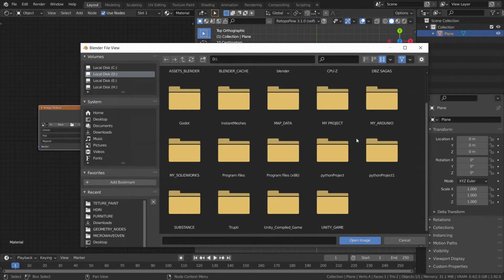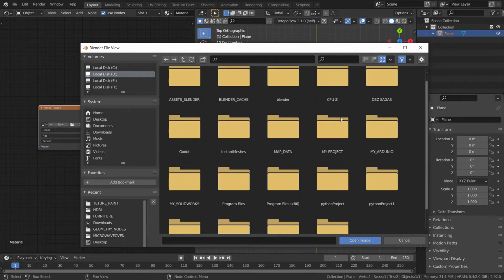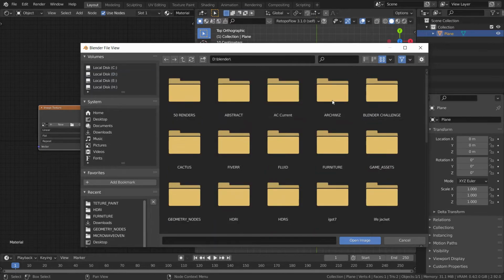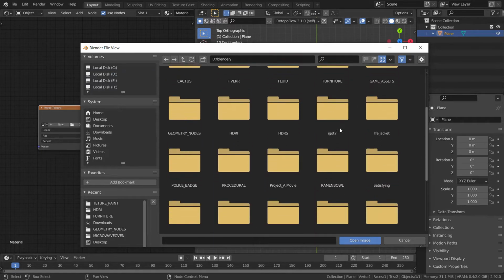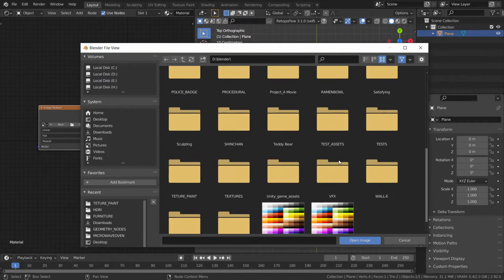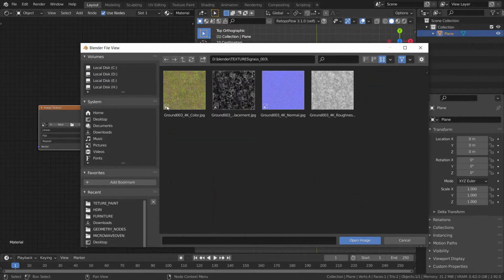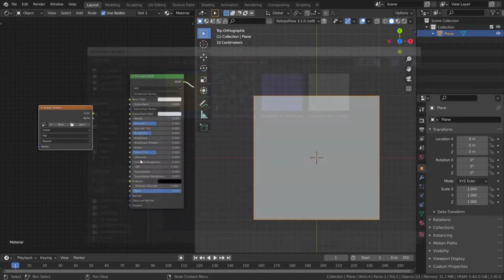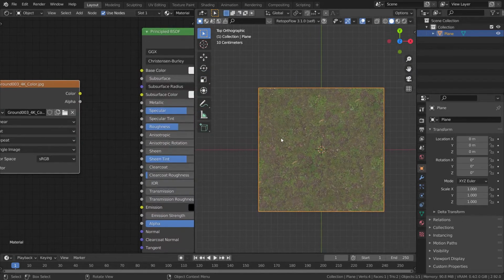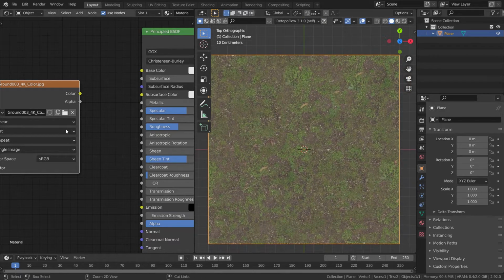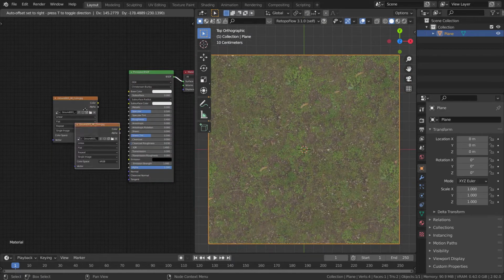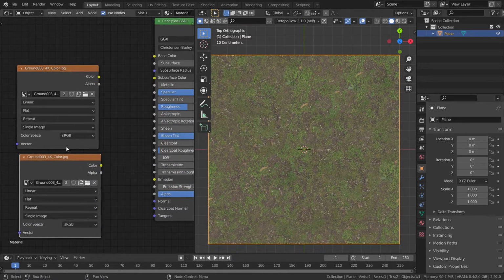Okay, so we will have one grass and one dirt texture for that. So let me just find my textures folder. Okay, so this will be our ground texture, as you can see, and then we will have another one, and that will be our dirt.